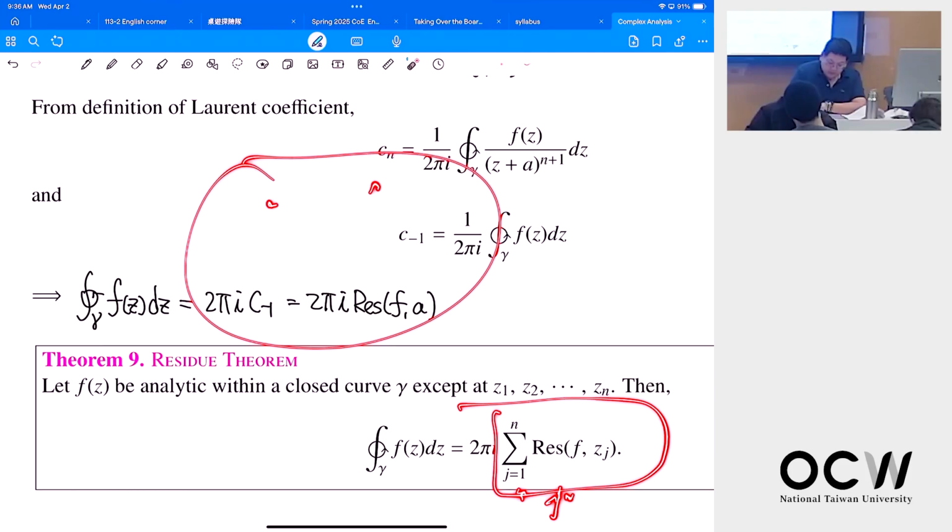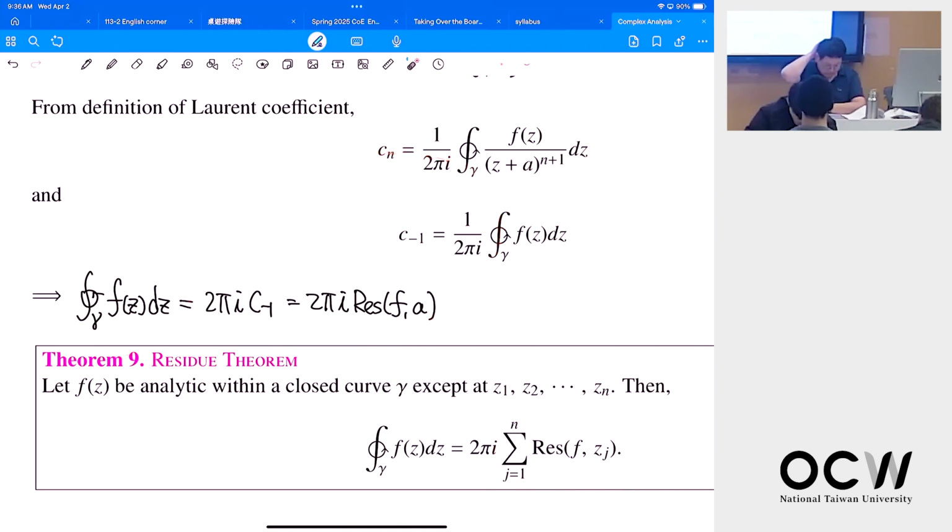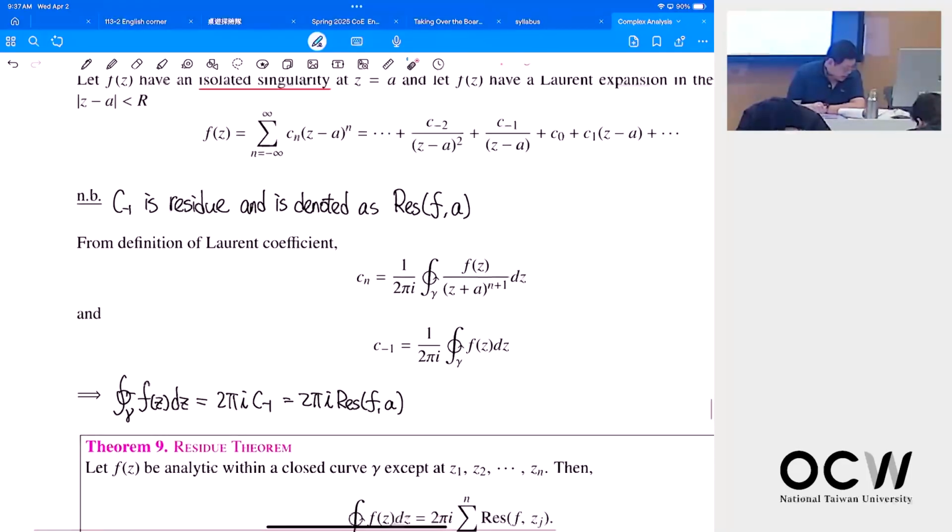If I have 3 singular points here, then the integration will be 2 pi i times this residue plus this residue and this residue. Okay. So we will see some examples of how we find the circular integral. But before that,